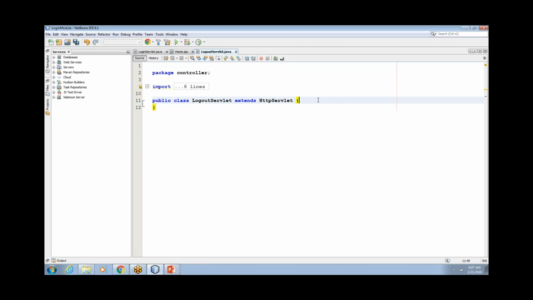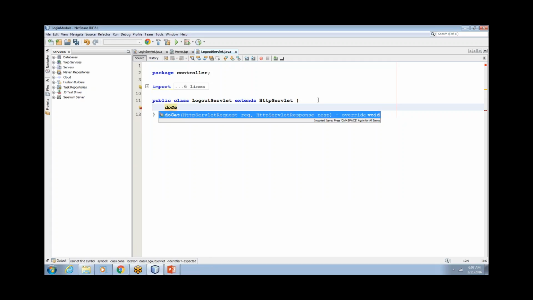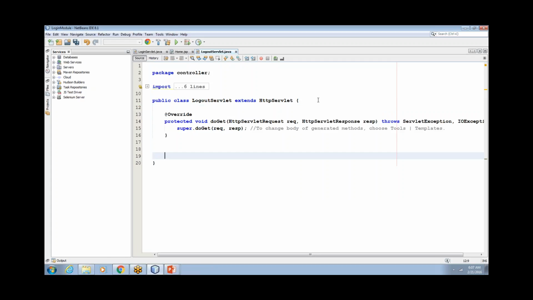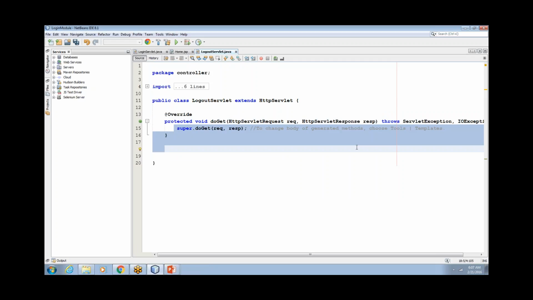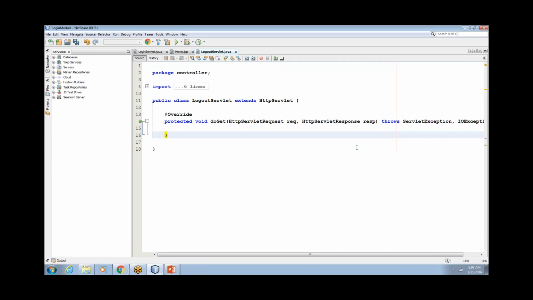So now what you have got is doGet, because it is a link, it has to be get. For a link, the default is get. A link cannot have post. So do get, and then from here HttpSession session is equal to request.getSession of false and